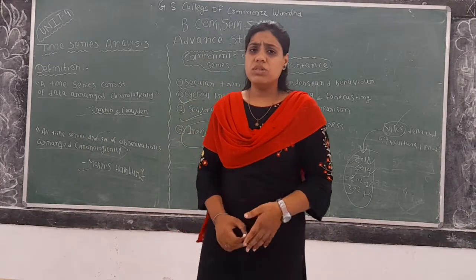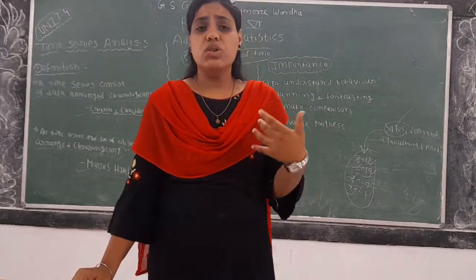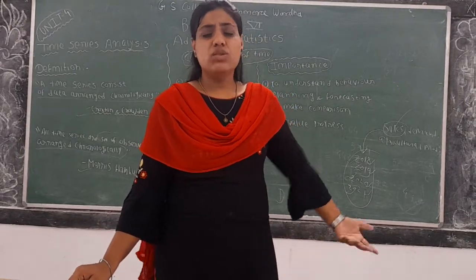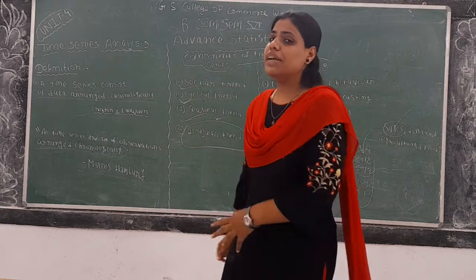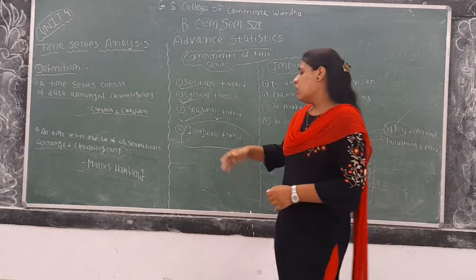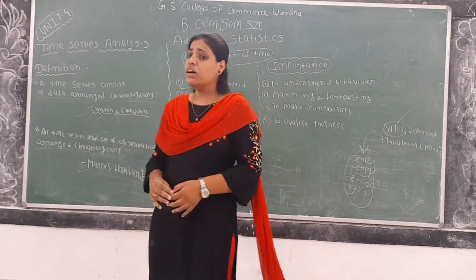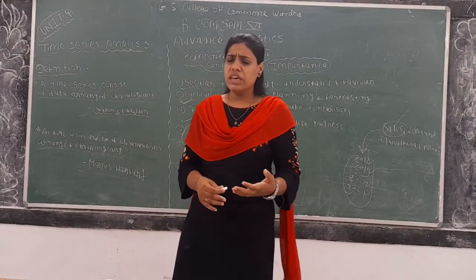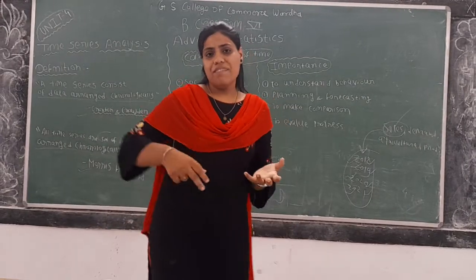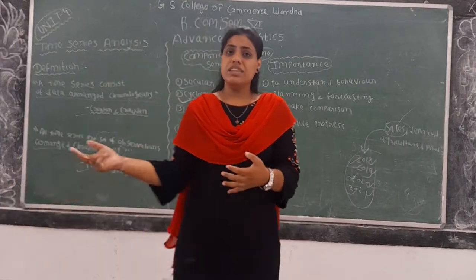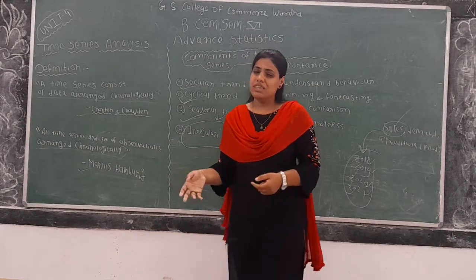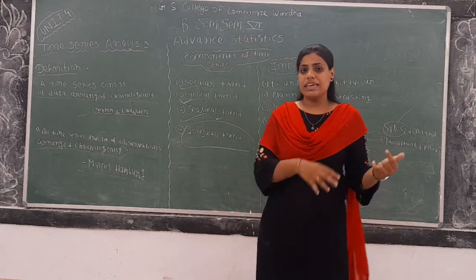Like when you talk about the tsunami, the drought, the natural calamities, one cannot predict when it will happen. So the impact of such things is studied by using the irregular trend. Such events also start a new cycle. They also have an impact on other industries and other sectors. Natural calamities are having an impact on many sectors.